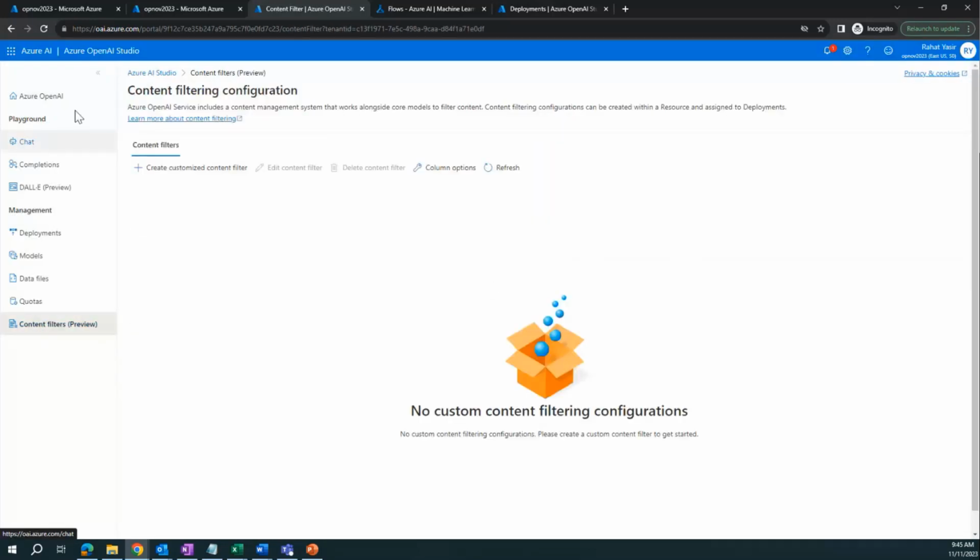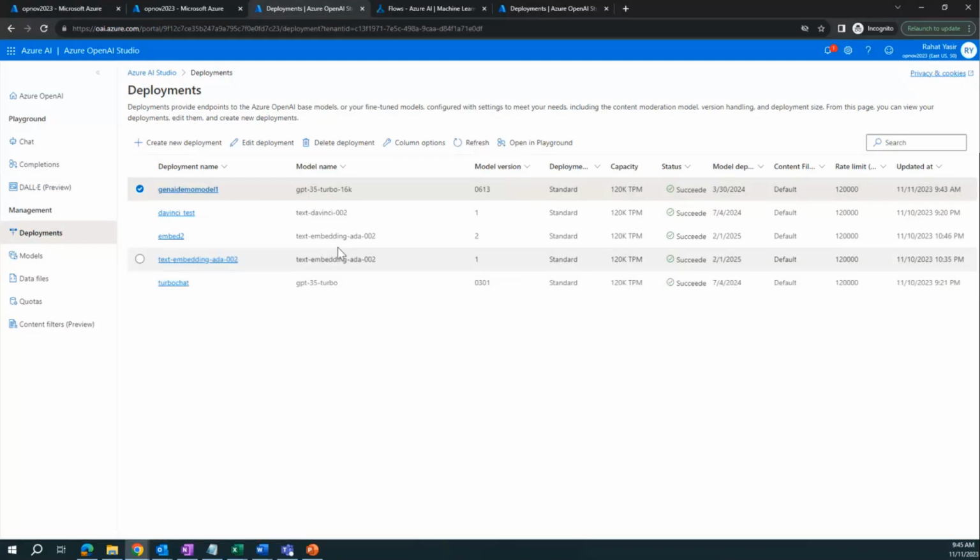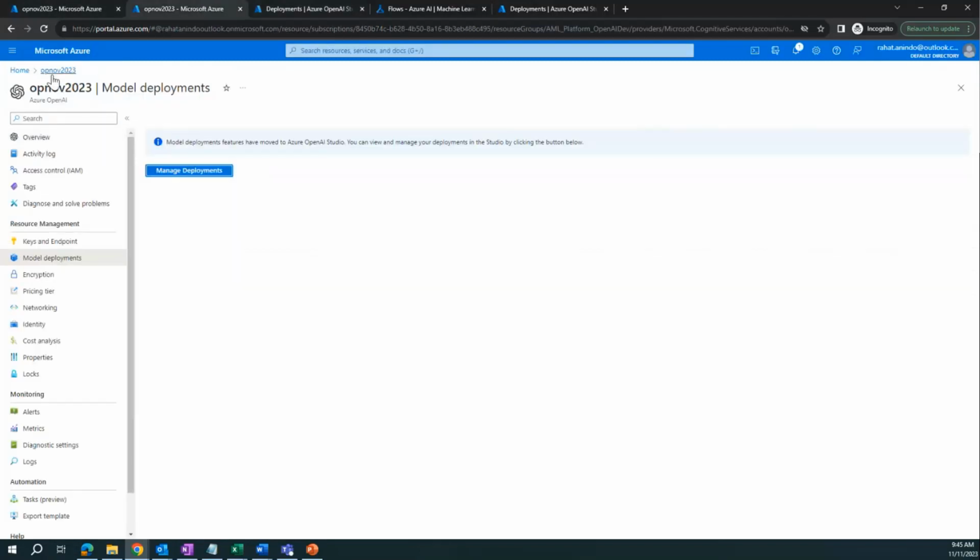So this is how the Azure OpenAI Studio looks like. Now, as we will show some more demos, let's go to the Azure machine learning platform. We will come back to this Azure OpenAI Studio again. Okay. So now if we go back to our